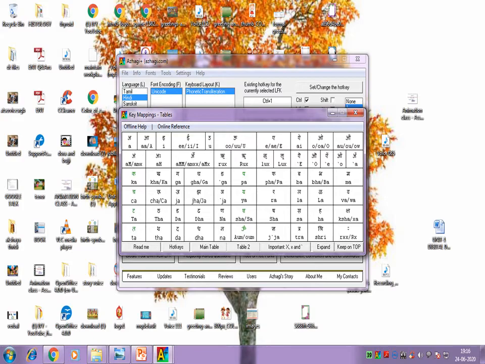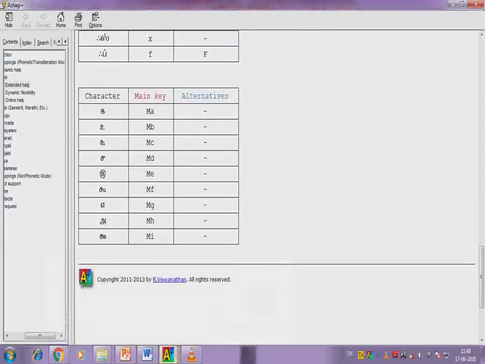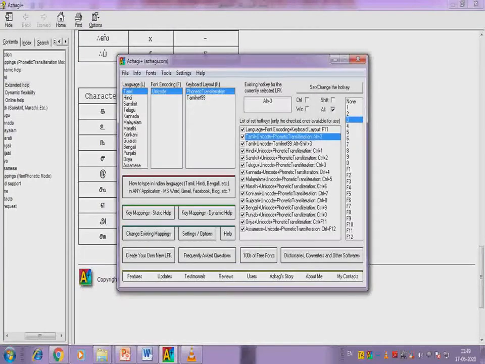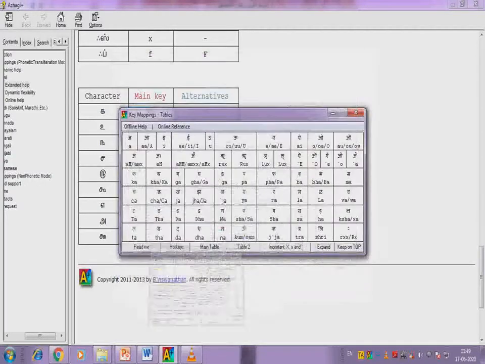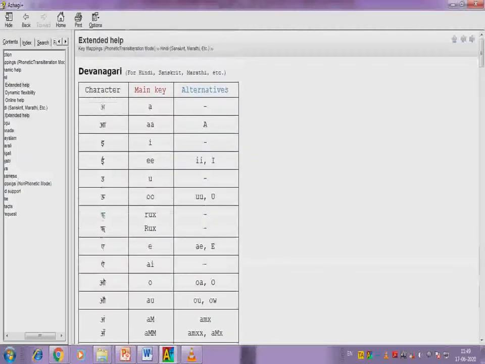Immediately you will get a dialog box. In that, choose the Key Mappings tab. Under that, choose Hindi. To type the Hindi language, you have to choose the Hindi option present in Key Mappings.